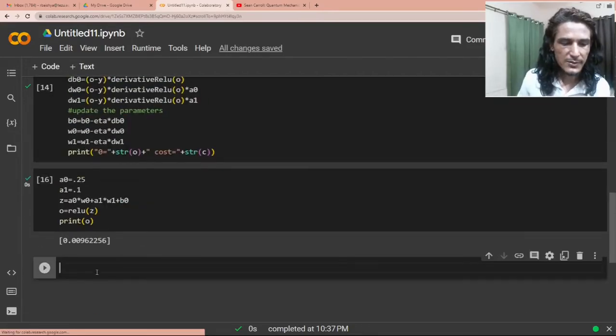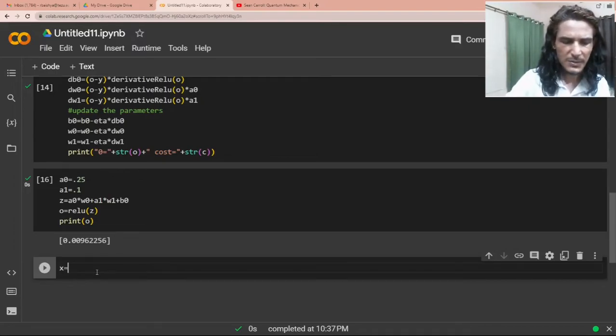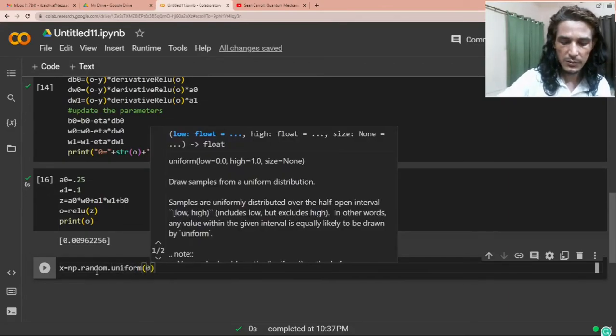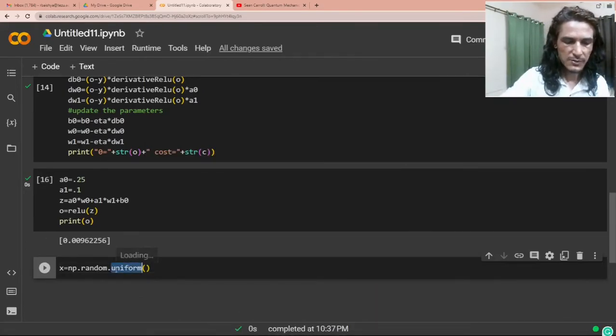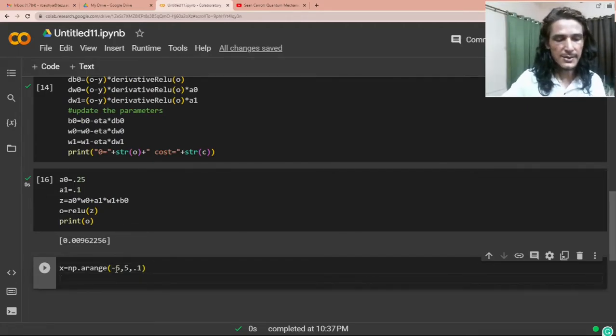So it's very straightforward now. Suppose we have this z, anything. Let's say x is equal to, we could take numpy random uniform distribution, but don't worry about that. I can use arange itself, within a range of, say, -5 to +5 with a step size of, say, 0.1. That's my x. For all these x's, I want to compute the